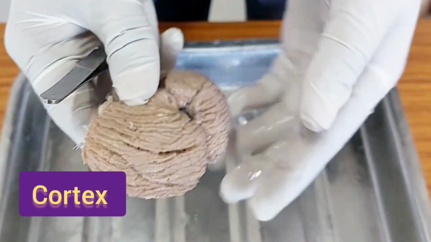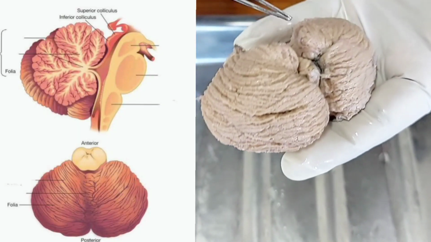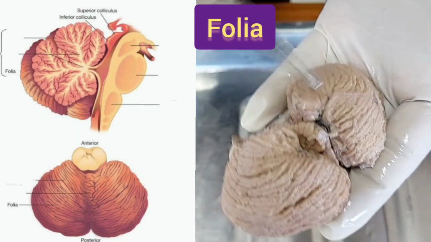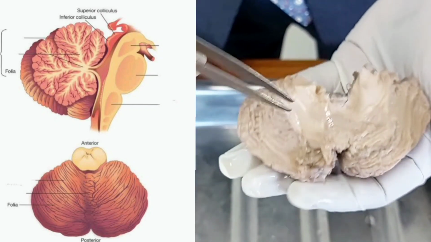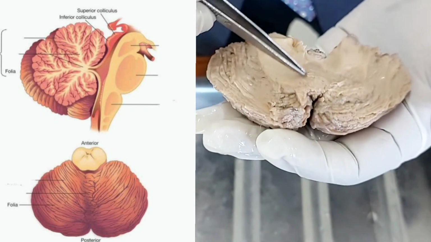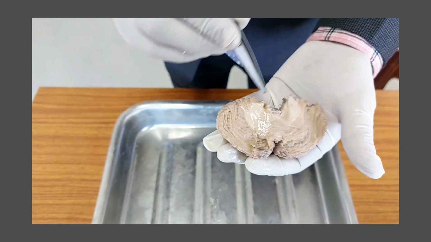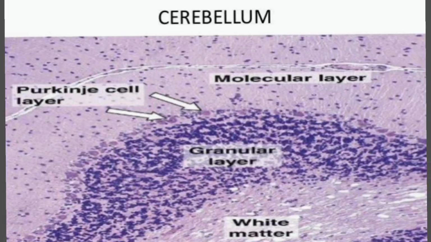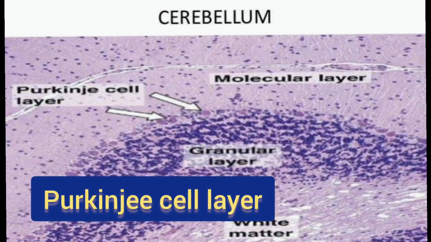This part is called the cortex, the cortical part. If you see in this way, all are cortical part and they are thrown into folds, into different folia. So the outer part is the gray matter or cortex, and the inner part is the white matter or medulla. In this cortical part there are three layers of cells. The outermost part is the molecular layer, then the middle layer is the Purkinje cell layer, and the innermost layer is